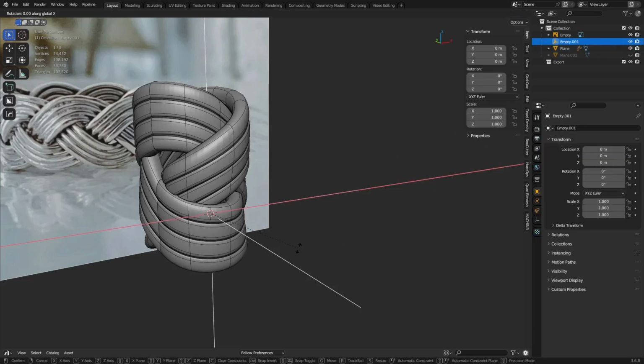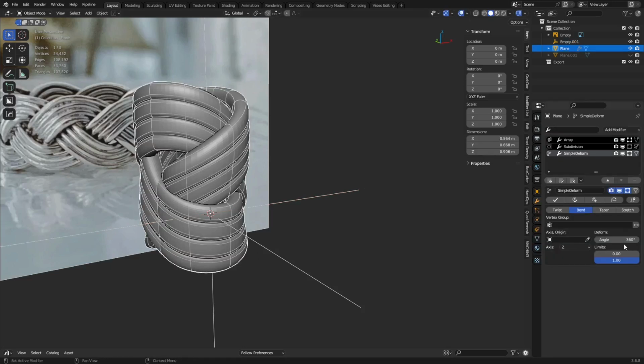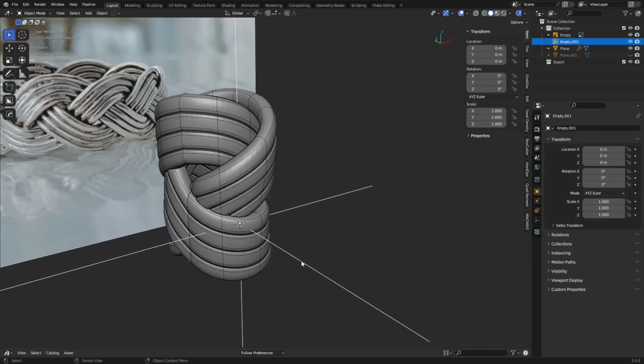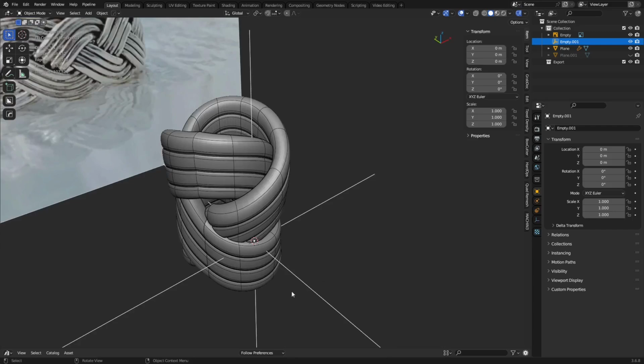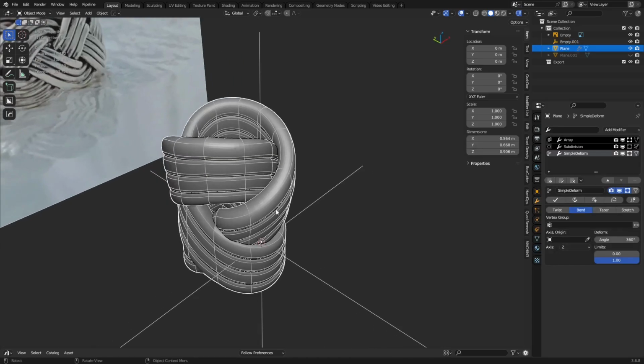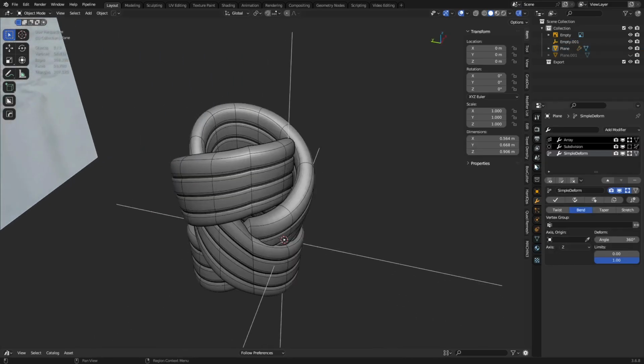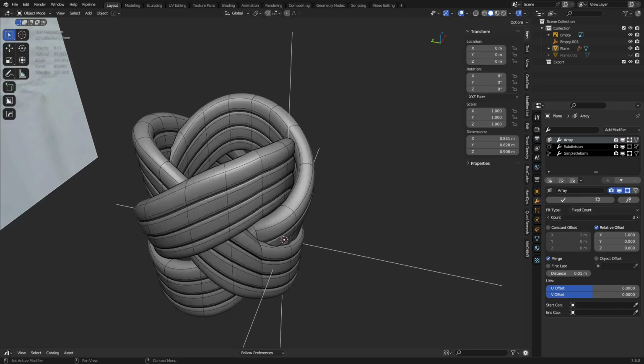But you'll find a lot of times you have to rotate empties on X or Y or Z by 90 degrees, then go back to your simple deform modifier and toggle between the different axes to see which ones get it to bend right. In rare occasions, you might rotate on X and Z or Y and Z or any combination like that to get it to work. As you play around with that more, you'll start to understand how it works, and it's not too bad of a process. All right, so we're going to bump the array count up real quick,